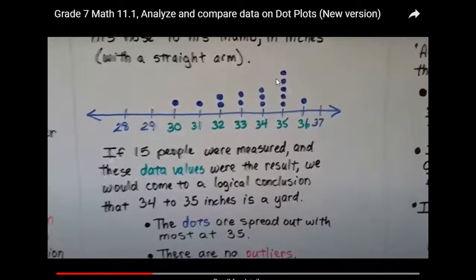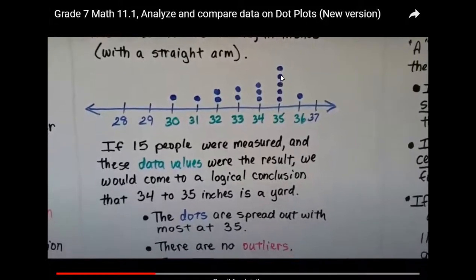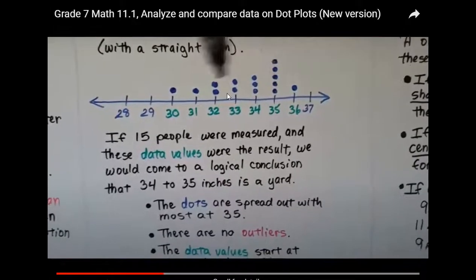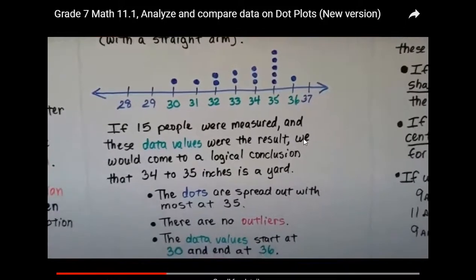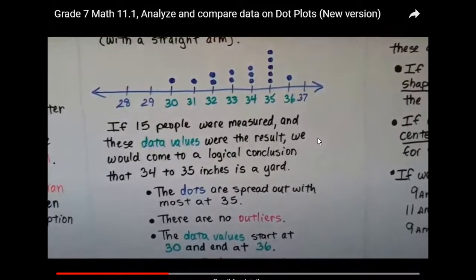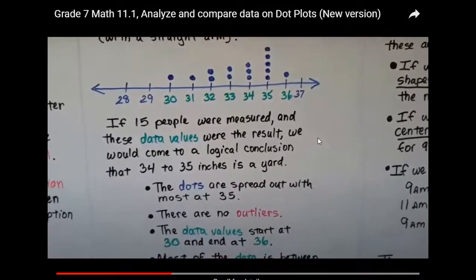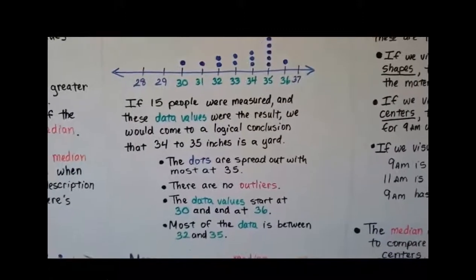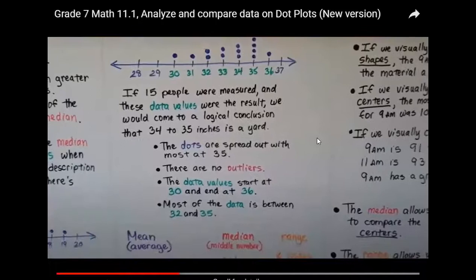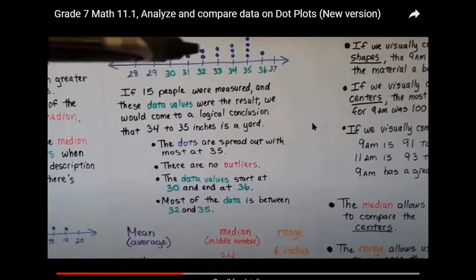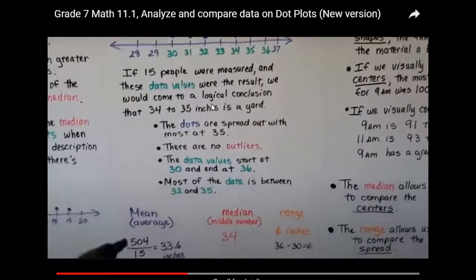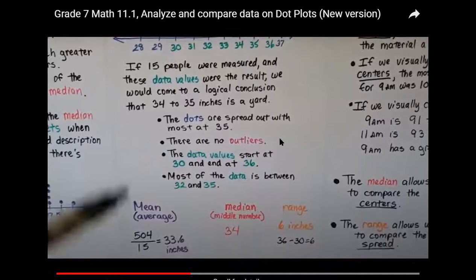We can recognize that for most of the people, the length was 35 and 34. Then there is no outlier in this one and all the data is in this region. The results would come to a logical conclusion that 34 to 35 inches is a yard. The dots are spread out with most at 35. So when we look at the numbers here, you will note that the data values start at 30 and end